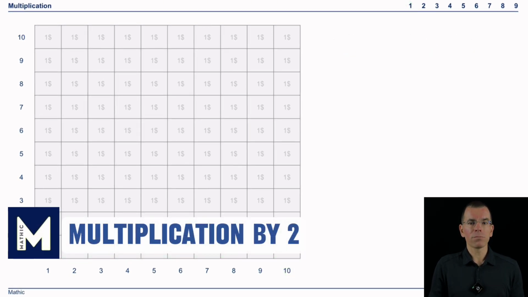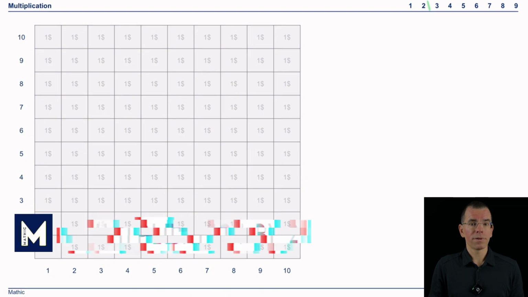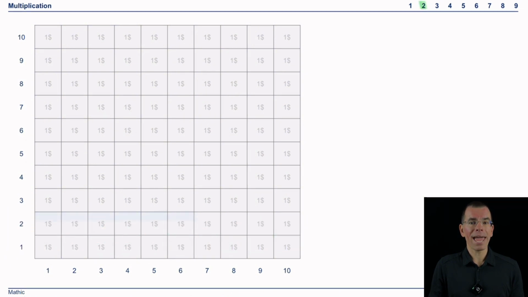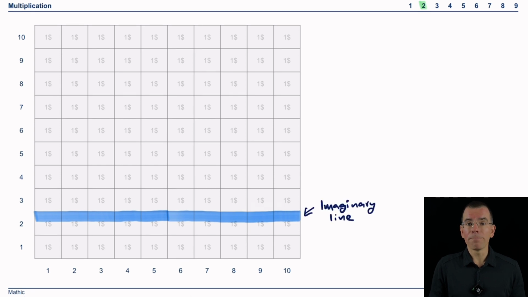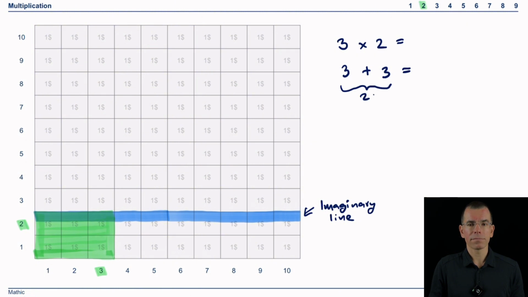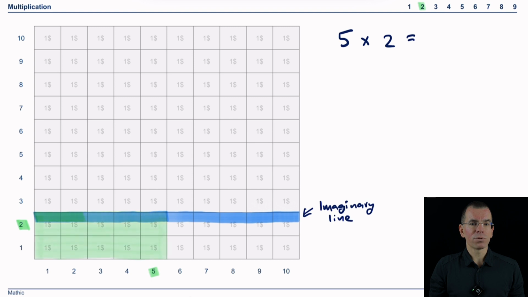Now let's talk about multiplication by 2. Think of it like making echoes of a number. When we multiply by 2, we are basically doubling the number. For instance, 3 times 2 is like saying 3 plus 3, or the number of squares in a 3 by 2 table. Similarly, 5 times 2 is 5 plus 5, which is the number of squares in a 5 by 2 area,